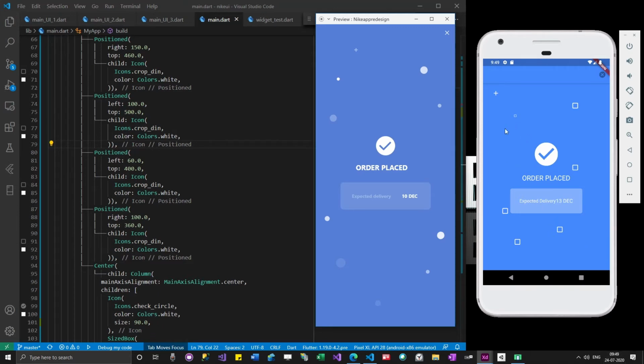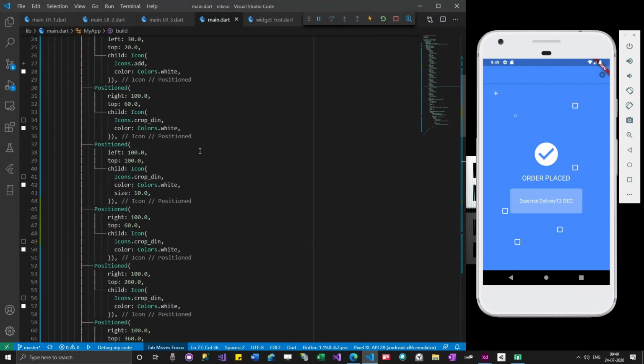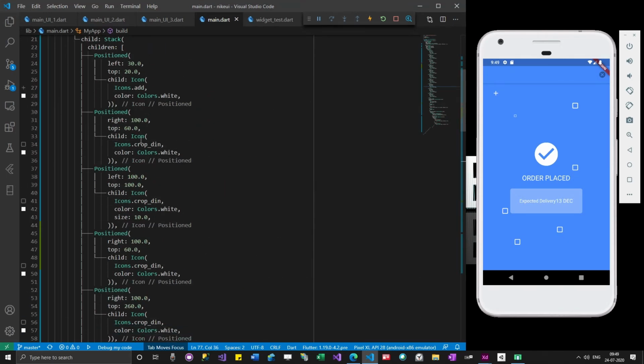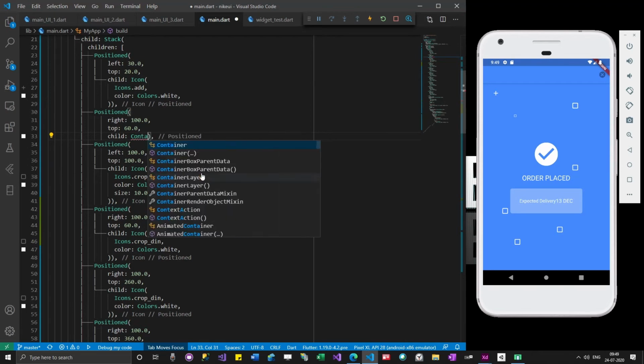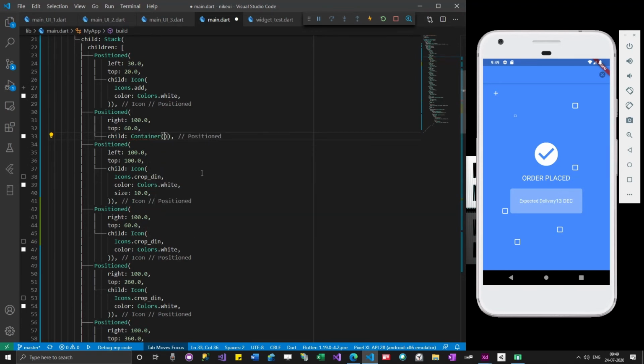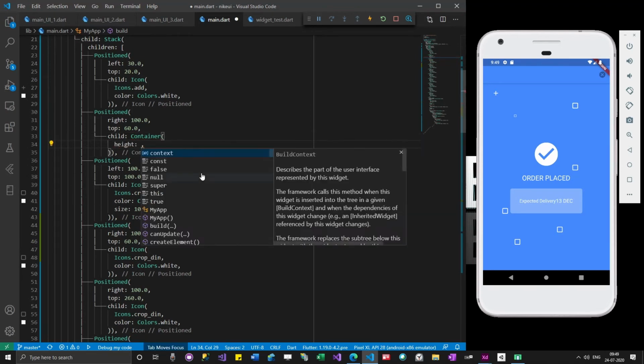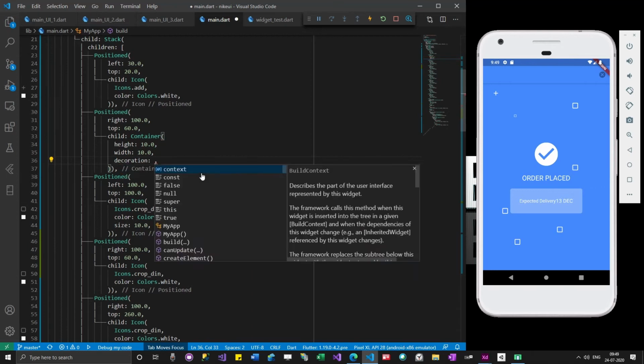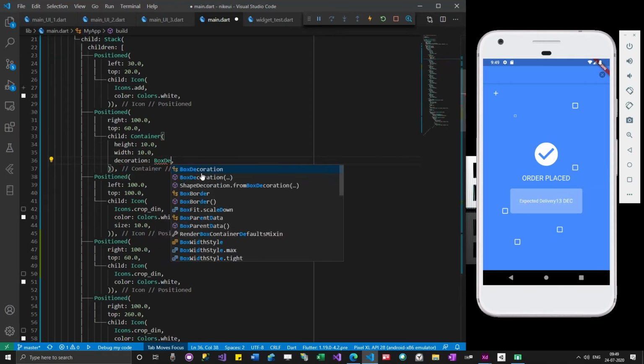What I will do is change these rectangles into circles. Let me go here. I'll add a container instead, and height maybe 10.0, width 10.0, and then I'm going to give a decoration to it, box decoration.